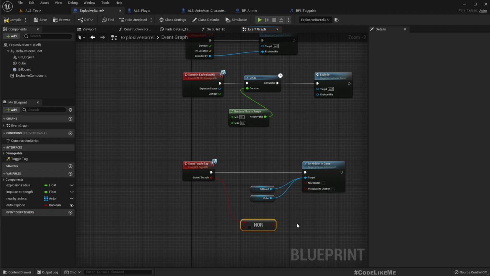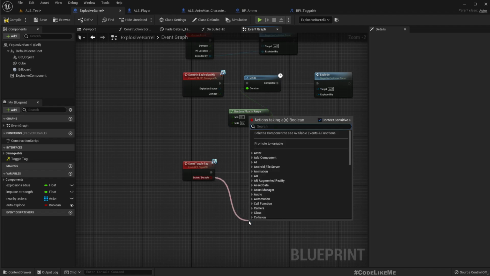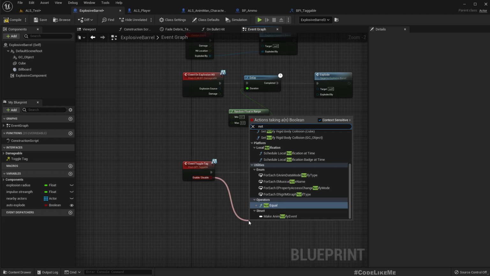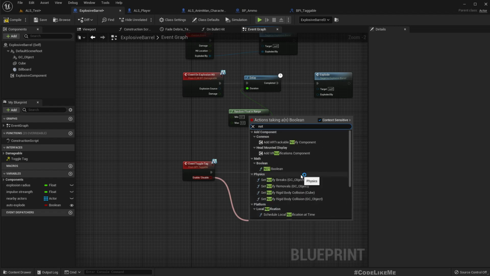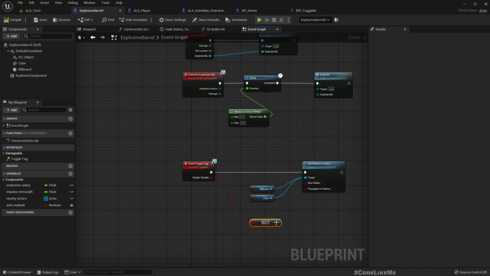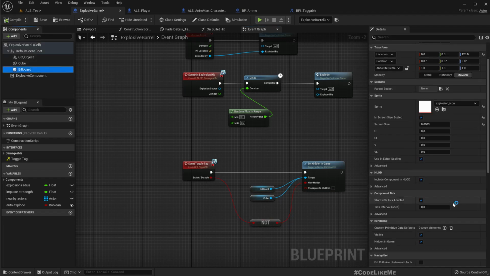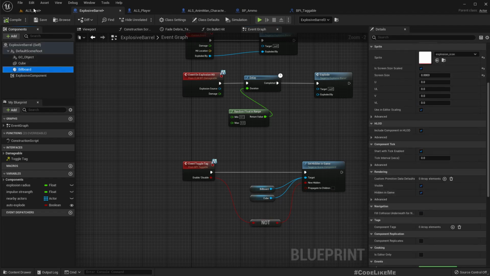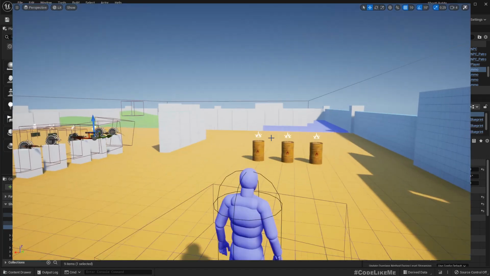So we can do a not boolean, this one, like this, and I already set them initially hidden in game. Okay, now